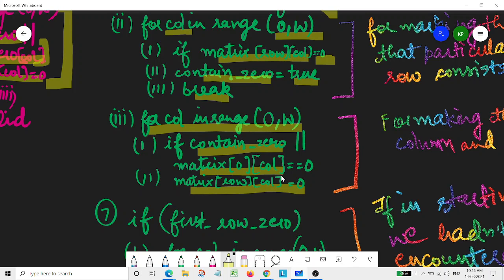In our previous algorithm, we were doing the same thing. The row part we were doing the same. But for the column part, we were already having a vector containing all the true values, and if that particular column was having 0, then we'd mark it as 0 there. But here we are simply storing everything in our first row only, so that we could easily mark that particular row and column as 0.